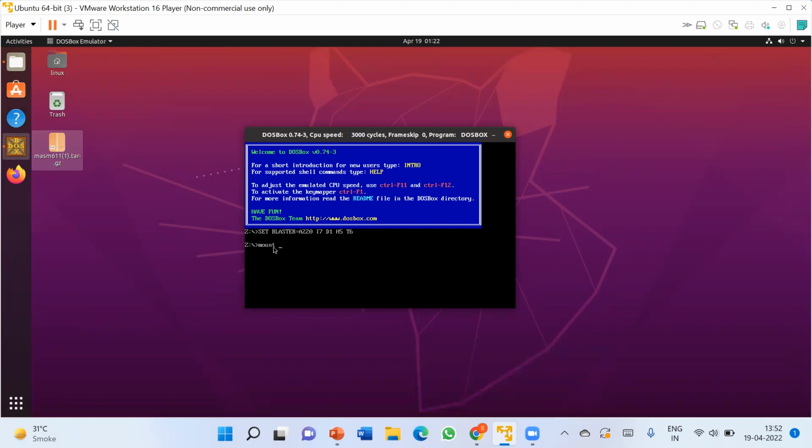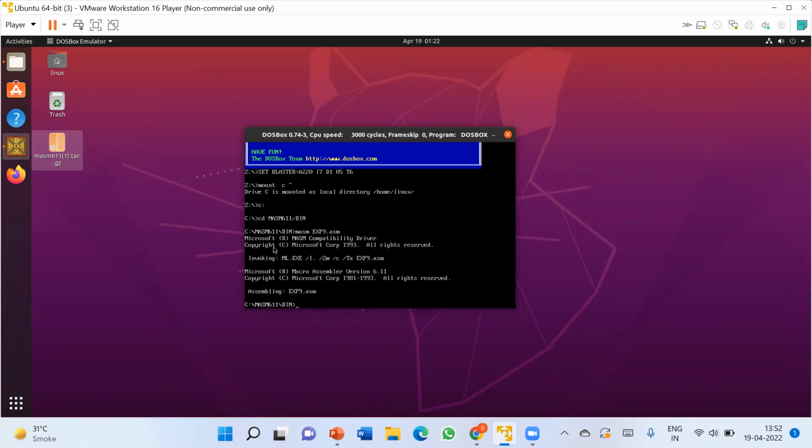The command for execution of a program is mount C, then the tilde sign is used. Then you have to use C colon to change the drive, then CD to change the directory. Then again change the path so that you can access your file, so it's masm 611/bin. After entering that specific directory, you have to type masm to run a program. So masm, your file name, exp9 with the extension .asm. After the assembling is done successfully,